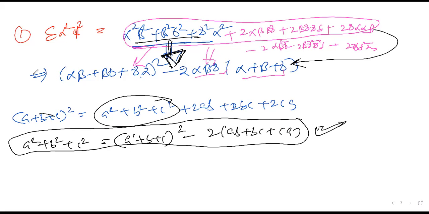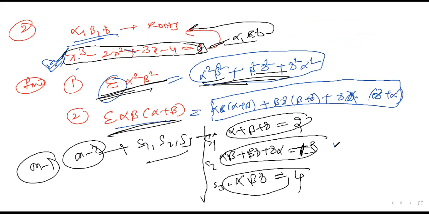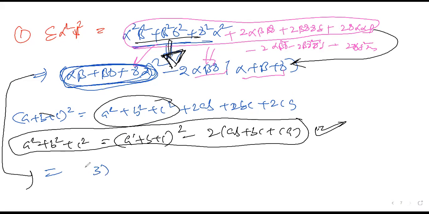Okay, so now you come to your question. This is the original question. You need to go to answer here. What is here? Alpha beta, beta gamma, gamma delta, what can you write? S2, this one. What is the value of S2 in your question? 3. Yes. So 3 square minus 2 into alpha beta gamma.